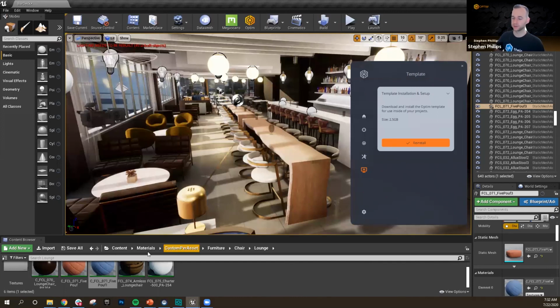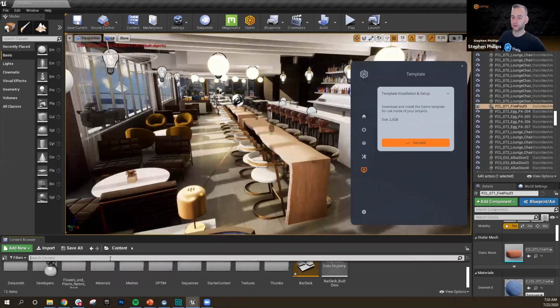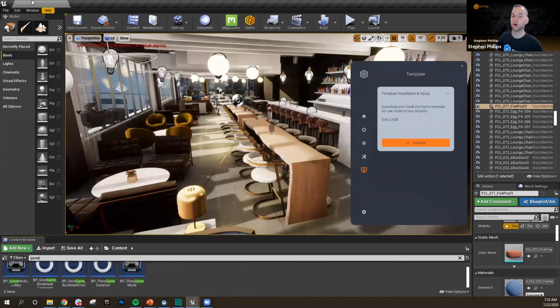And then the one extra setting is making sure that when we start up the game, it's going to start up in your level. Because we actually do provide you a level with the Optim template. It's this really cool concrete design studio where you can get together and talk about anything in VR or stage a little presentation for yourself. But if you want this bar deck level to be the one we jump into